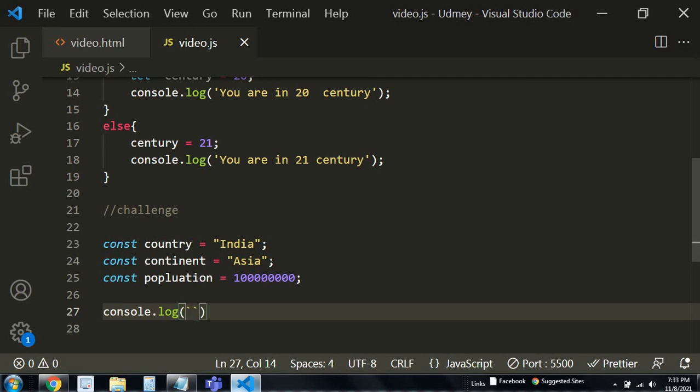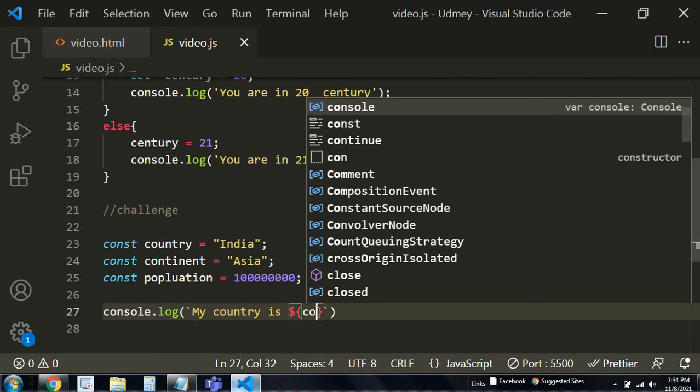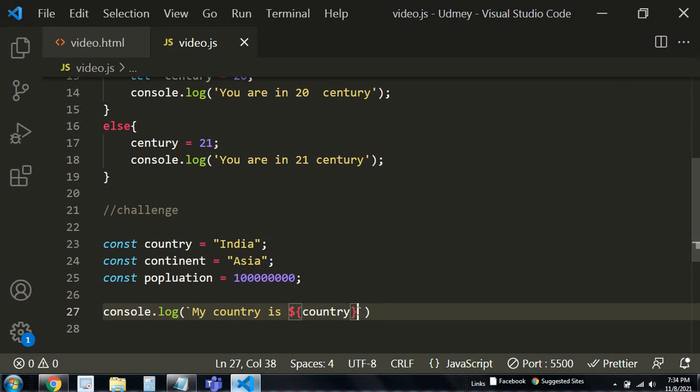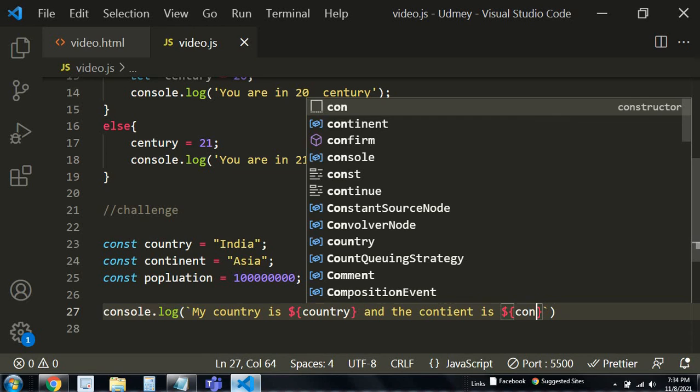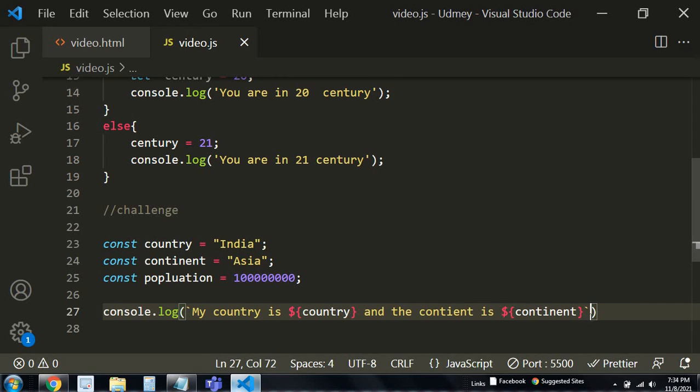Just type this and you can write my country is, using the country variable. My country is India and the population, not population, the continent, and the continent is, just use the value that I've given, continent.